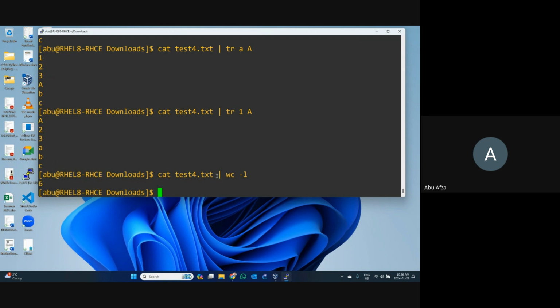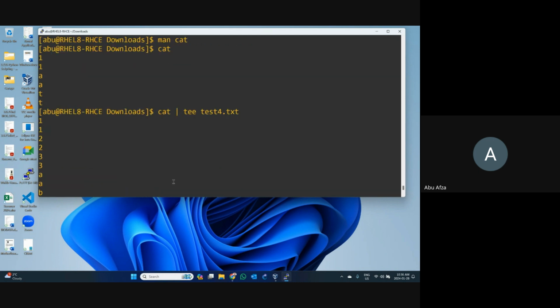In the backend, they write some command, and you can see how many lines you are writing in your Word documents or any programming work. Anyhow, we can see here we can create a file and take some output and input, using tee and cat, all the things.